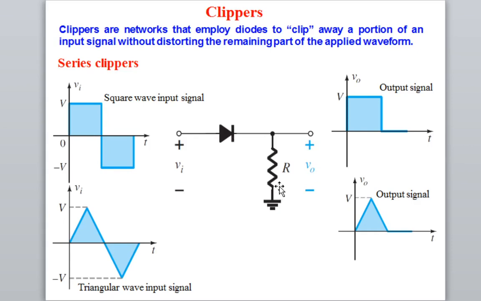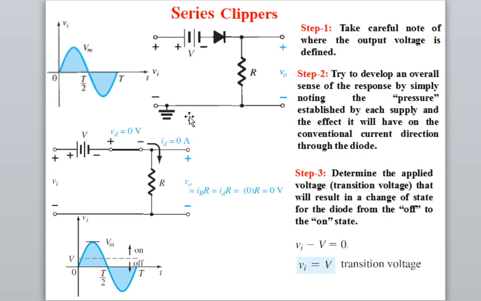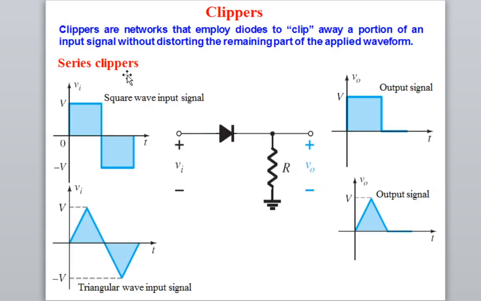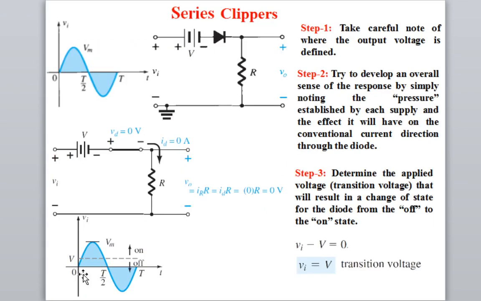But when you go for solving numerical problems, this simple circuit may not look simple. You may be given a very complicated circuit. So how will the complicated circuit be given? Here I have given an example of how to solve a numerical problem based on the clipper. You are given an input sinusoidal signal. As I discussed here, this input signal may be a square wave, it may be triangular, it may be sinusoidal, it may be any signal.